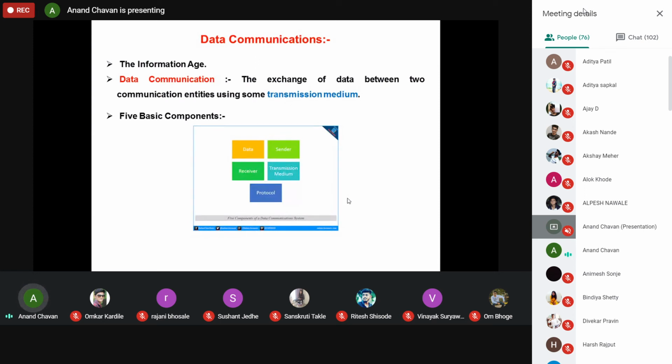A lot of information is gathered for a single domain. Then we have a lot of information regarding one particular domain or one particular problem. After collecting the information, we apply different techniques and extract meaningful data from the information. Data is different, information is different.